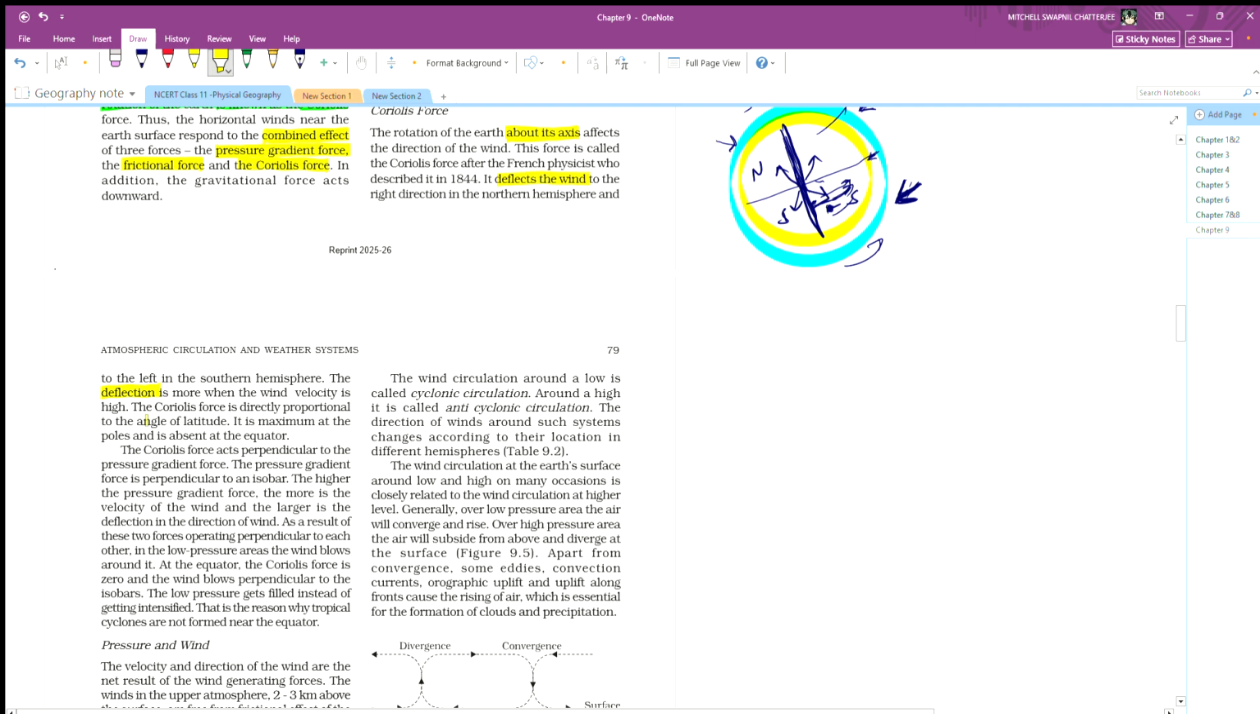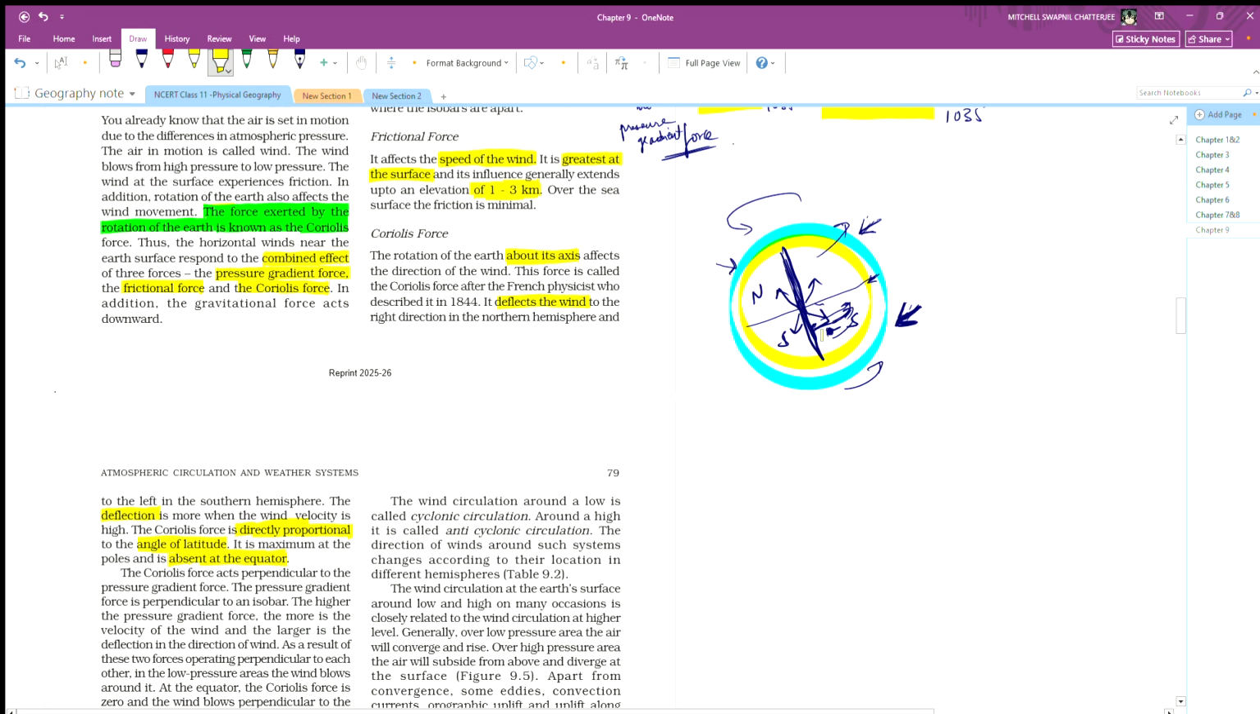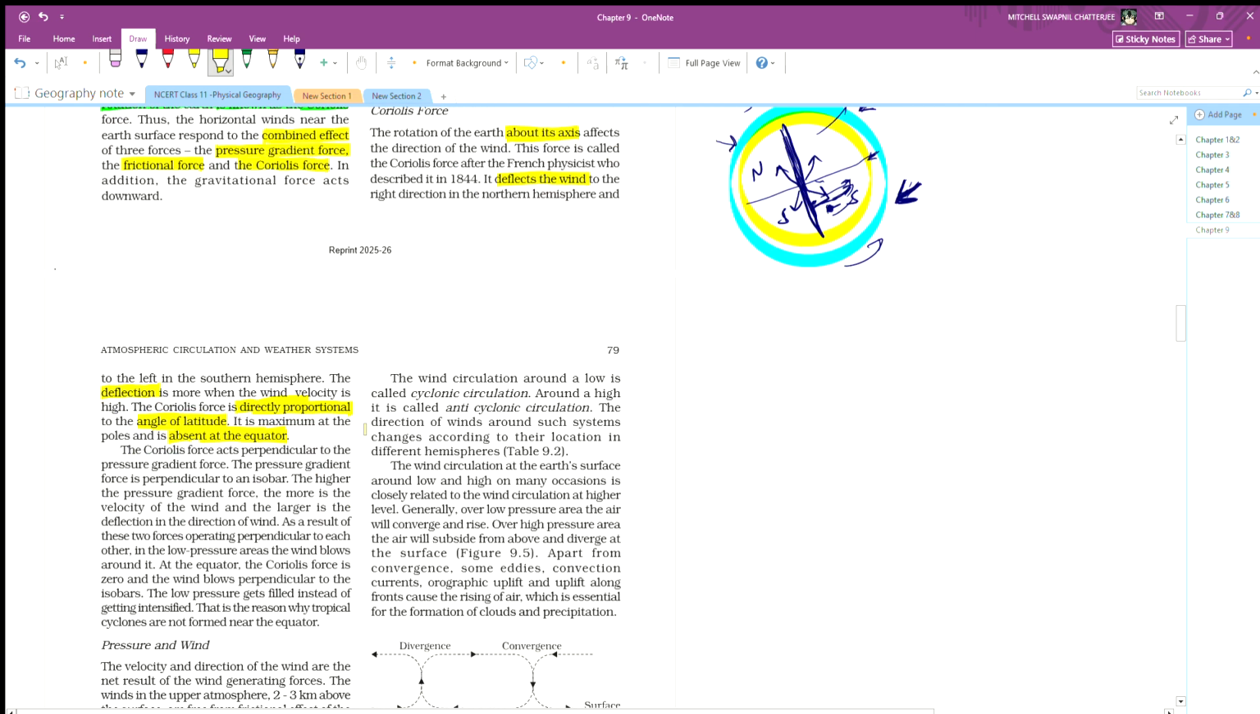Okay. The Coriolis force is directly proportional to the angle of latitude. So Coriolis force is directly proportional, what is this? Directly proportional to the angle of latitude. It is maximum at the poles, and is absent at the equator. So that's why we have so much wind in the polar regions. This is due to